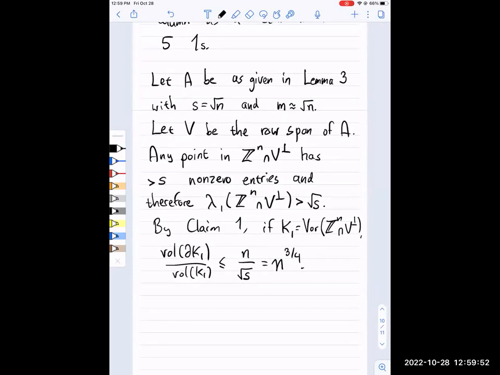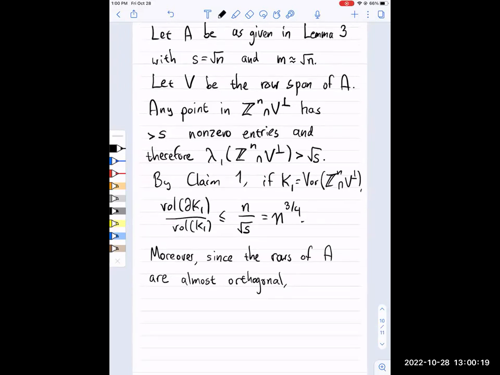But we're not done. This is just inside the subspace. We have to lift. How do we lift? Moreover, remember the square root 5 and the 1 over square root 5, we have the same thing here. The rows of A, and I'm hiding a detail, are almost orthogonal. I haven't proven that, but because they're almost orthogonal, and they're of length square root of 5n over m,